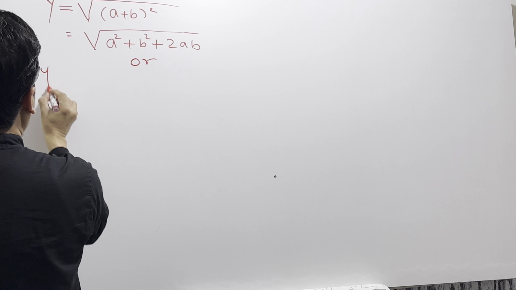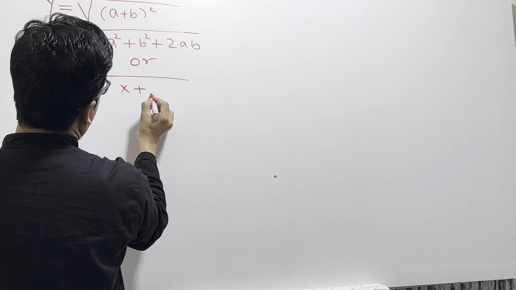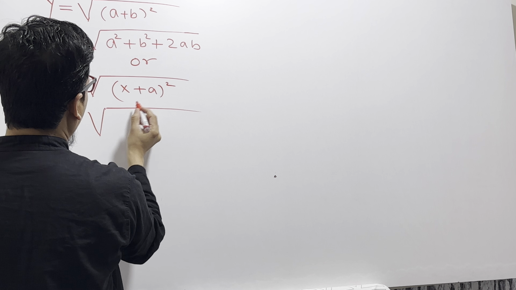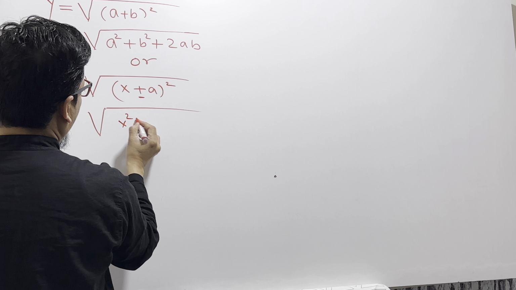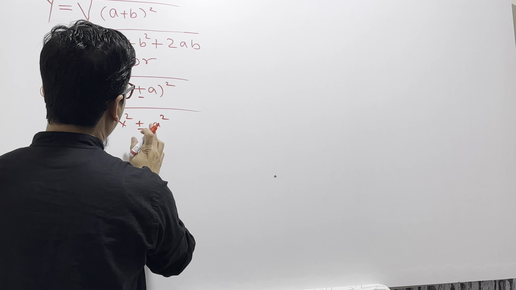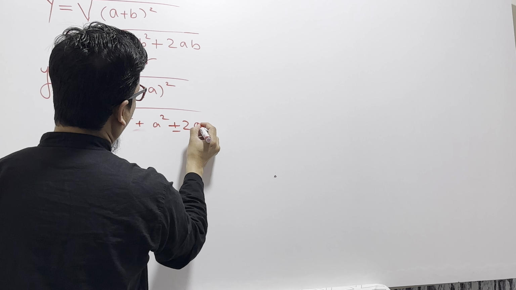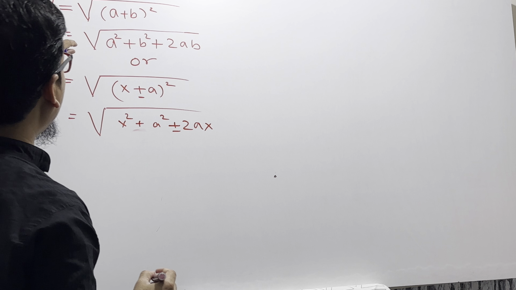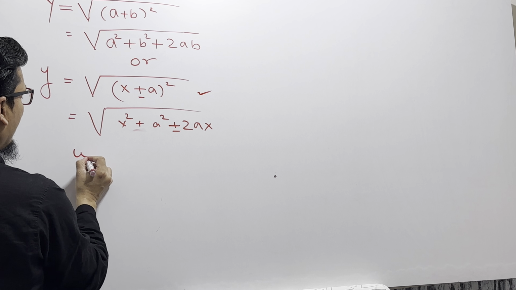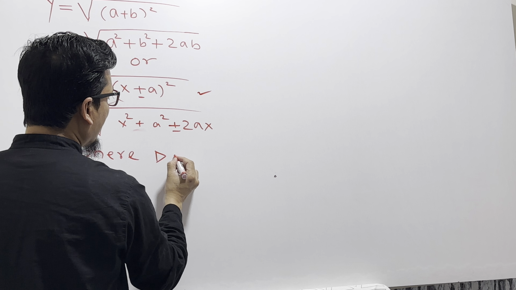Or we can say we have y is equal to (x plus a) whole square, or x minus a. So x square plus a square, this will always be positive, right? Plus or minus 2ax. Okay, so if you have an equation in this format where the discriminant is 0,